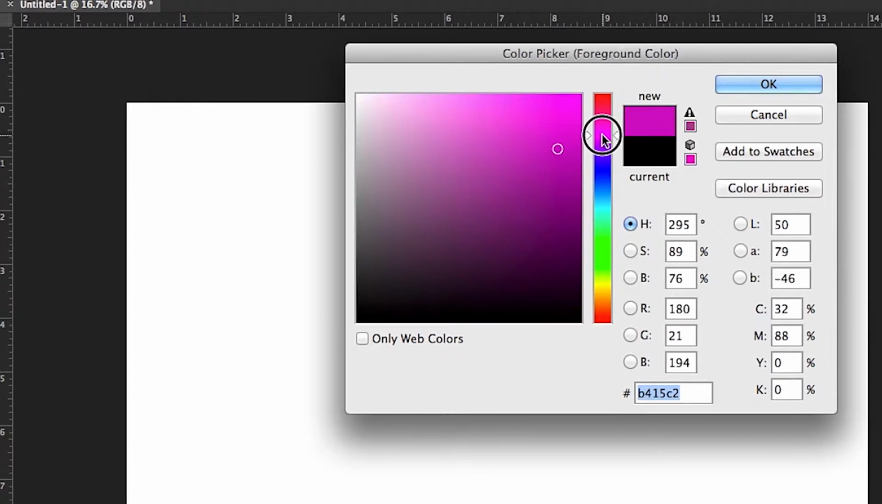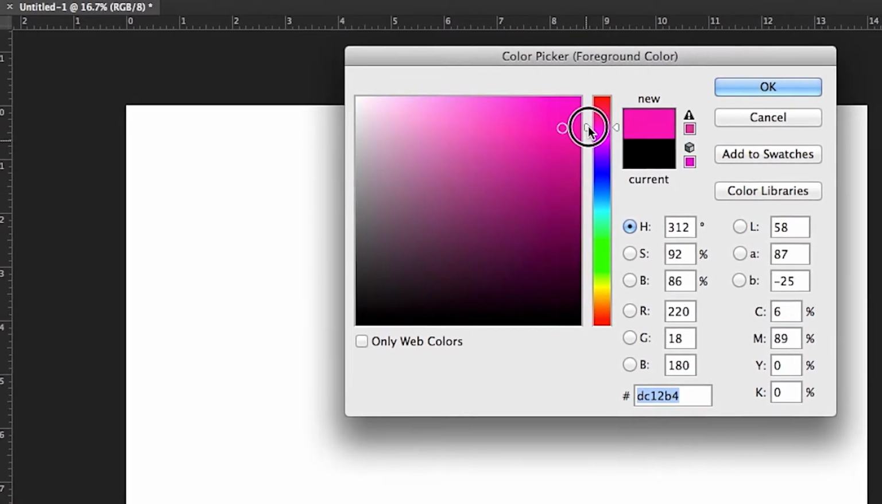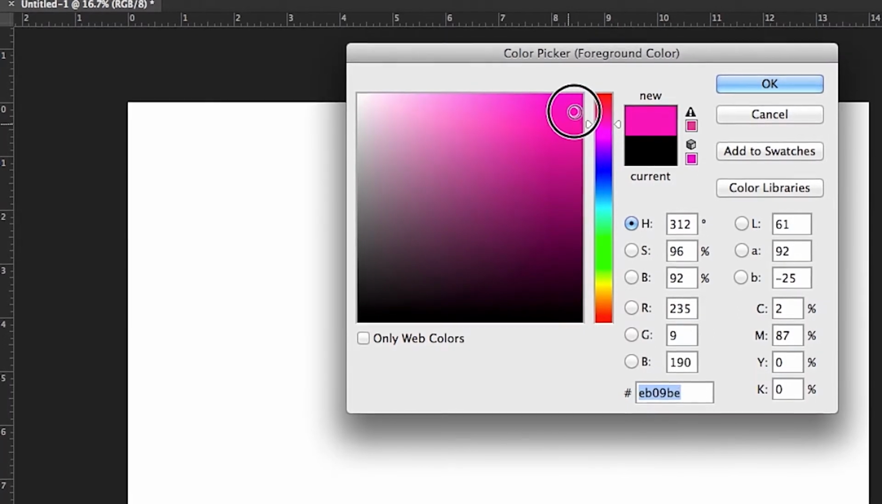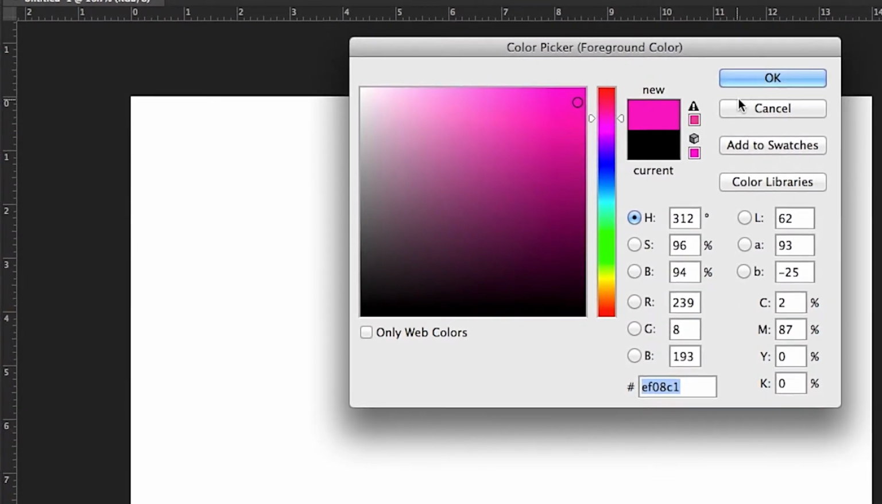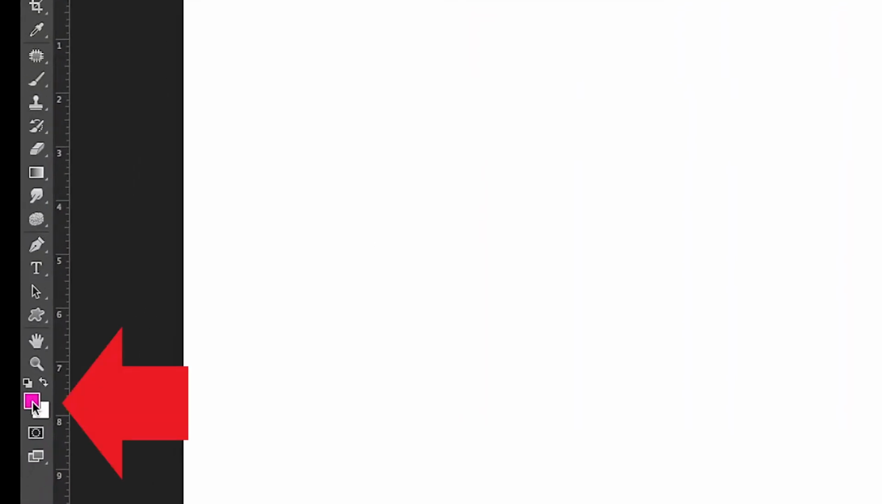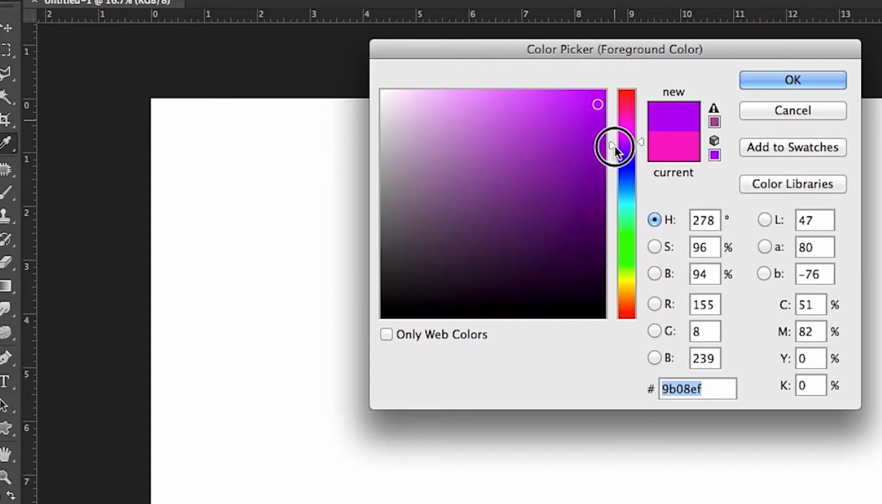And again, let's go to something that's magenta-y. And pick a really intense color here. And I hit OK. And now notice my foreground color has changed to the magenta color that I selected in the color picker. You just go click, and then you move this here